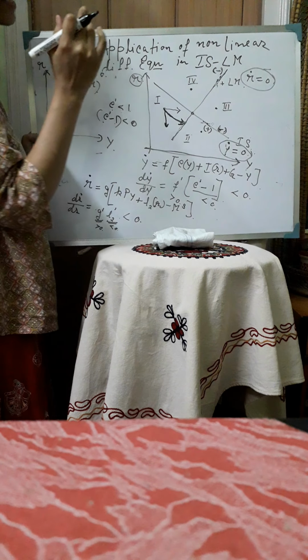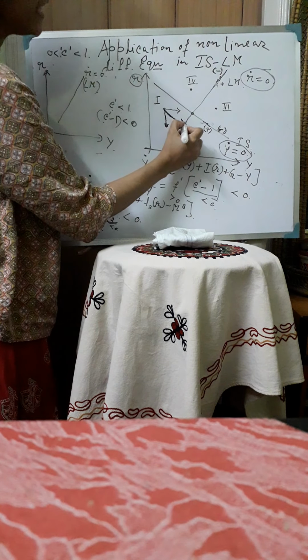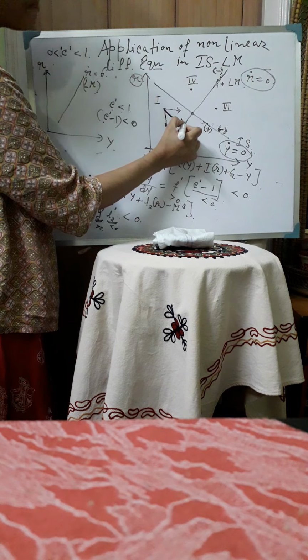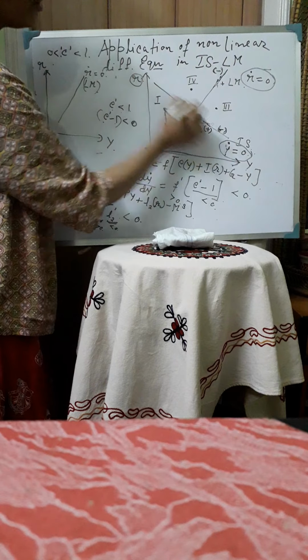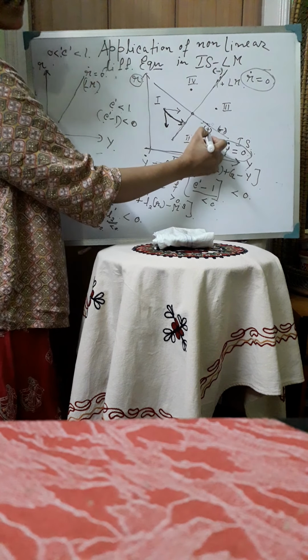So in that case, there will be only change in Y in the next time period. So in that case, we have to restore the equilibrium in the goods market. Now, when the streamline hits this LM curve, then we are here. Now at this point, we are to the left of the IS curve. That means Y dot is positive here.